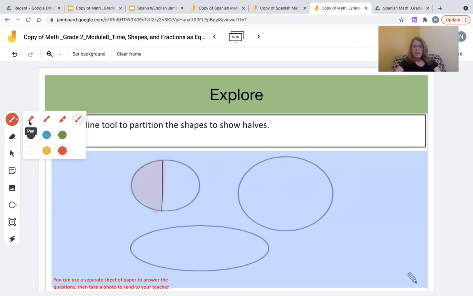So you can draw by clicking on the pen, select the color, and then draw a line to partition a shape. You can also click right back on that same icon and select instead the brush with any color, and that will allow you to shade. So students can partition and then shade the shape to show halves